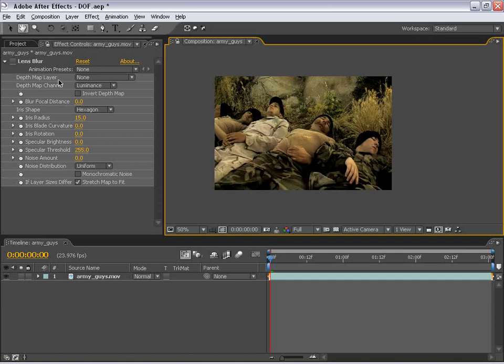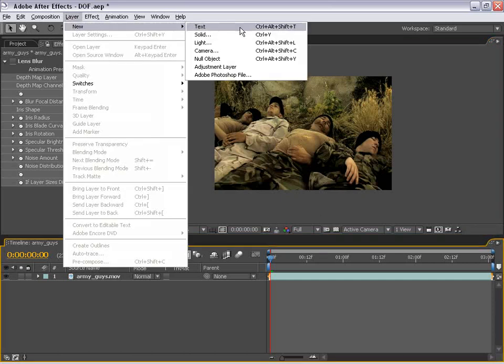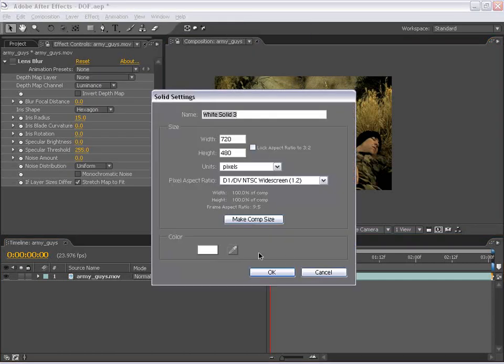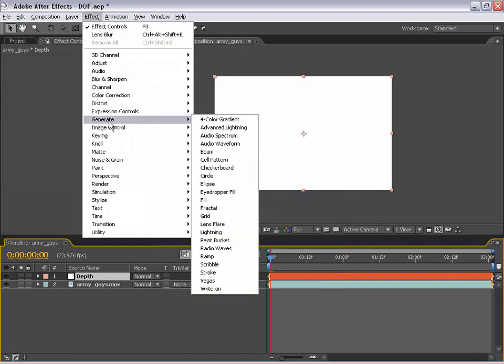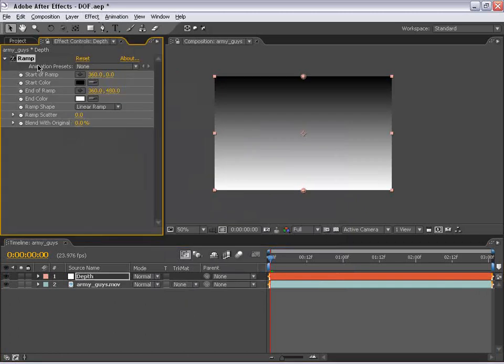So to do that, we are going to create a new solid, and I'm just going to go ahead and call this depth and choose OK, and then I'm going to select the layer, choose Effects, Generate, and Ramp. And the default value of the ramp is actually what we want to do, because what we're going to use